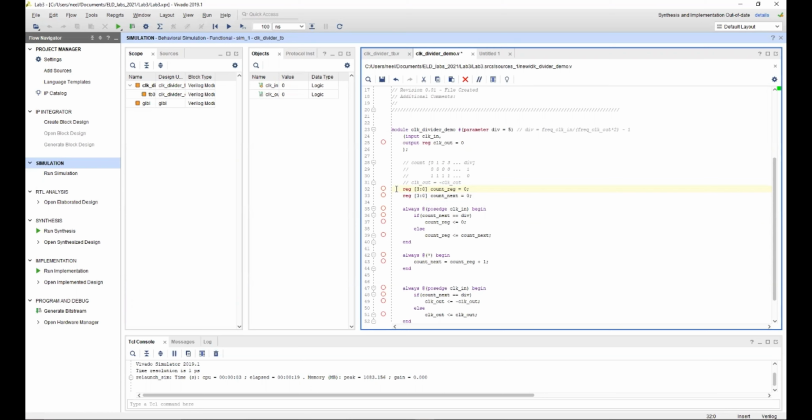We can handle that by using only an 8-bit count register and count units, because the clock divider value when we are converting 5 megahertz to 1 hertz is 2499, and I think 3 more nines. This value comes under 8 bits, so it can be handled with 8 bits only. So this is the reason why we are not using the clock divider only to convert 100 megahertz to 1 hertz.